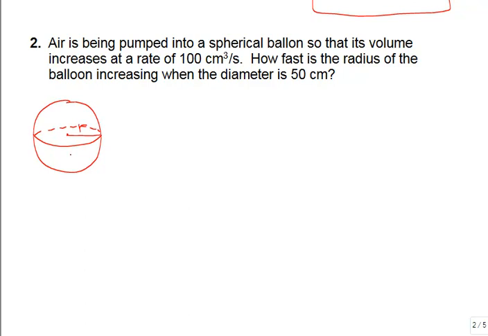Now let's start labeling what we're told in this problem. Right here, this 100 cubic centimeters per second is supposed to be what the rate of change of the volume is. It's the volume increases at this rate. Now remember, rate in calculus means derivative. So this 100 cubic centimeters per second is some kind of a derivative. And if you're not sure from the words what it is, look at the units to help you have a clue. We have cubic centimeters on top and seconds